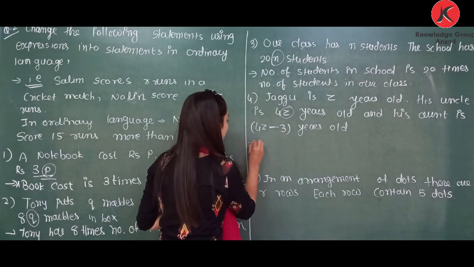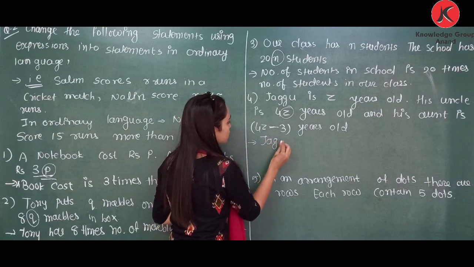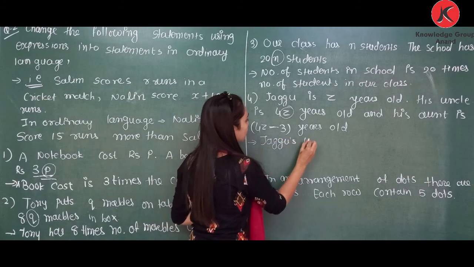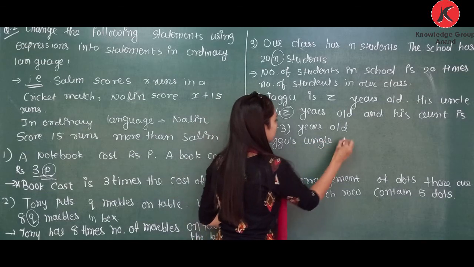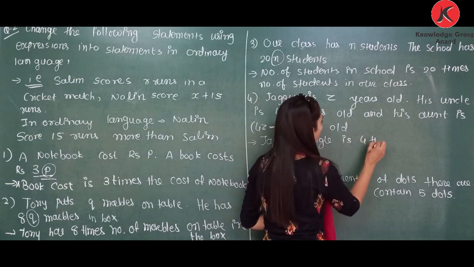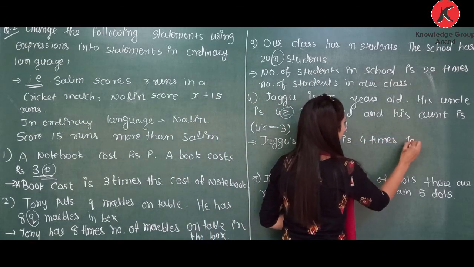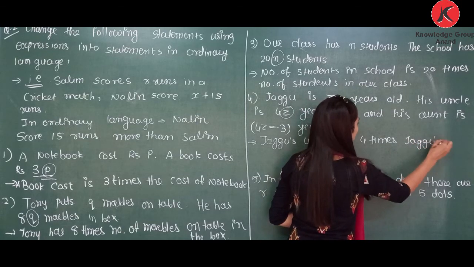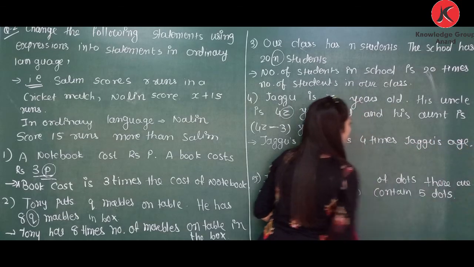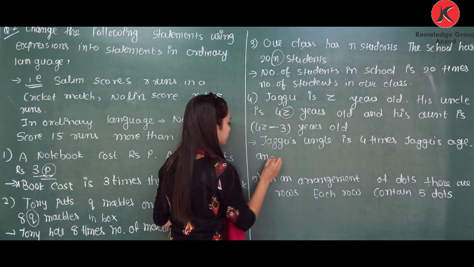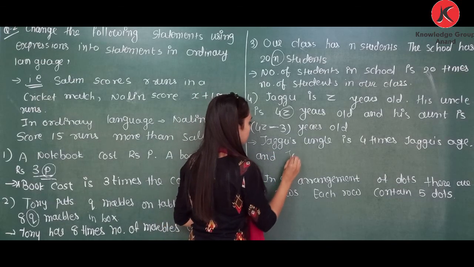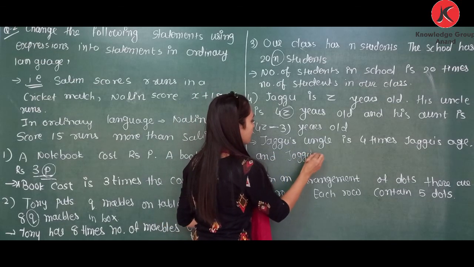So first we can write, Jagu's uncle is 4 times Jagu's age, and Jagu's aunt is